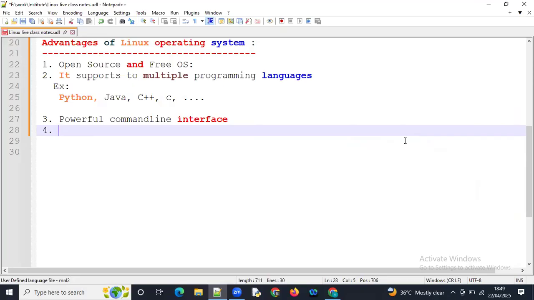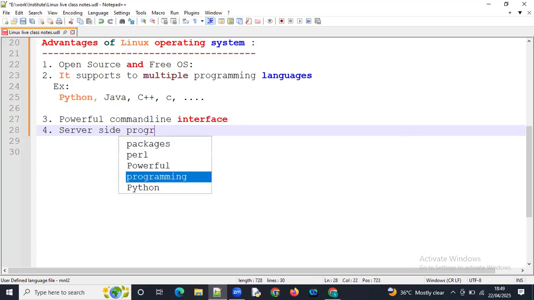When compared to the Windows operating system, Linux is very secure. So here, server side programming.